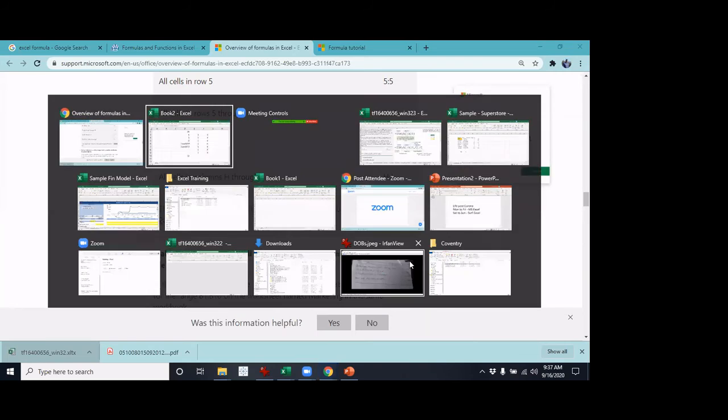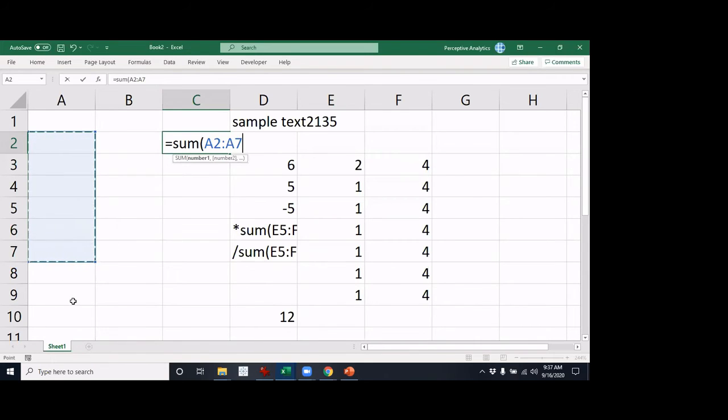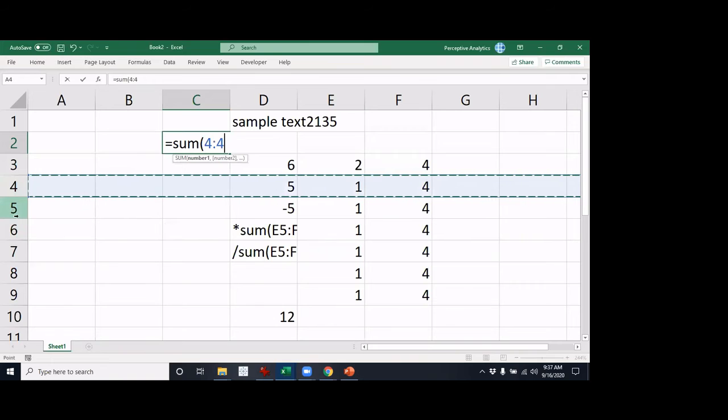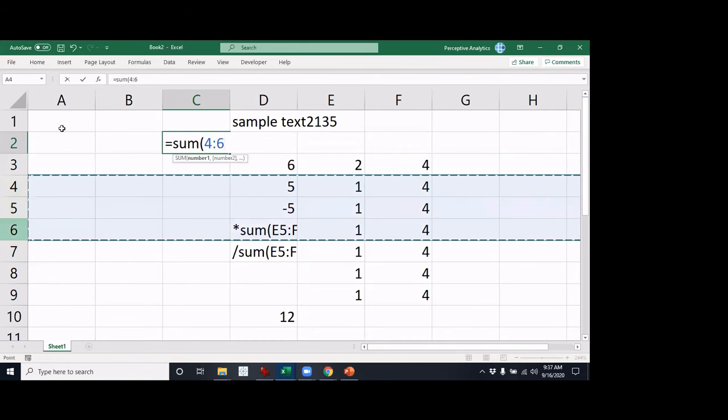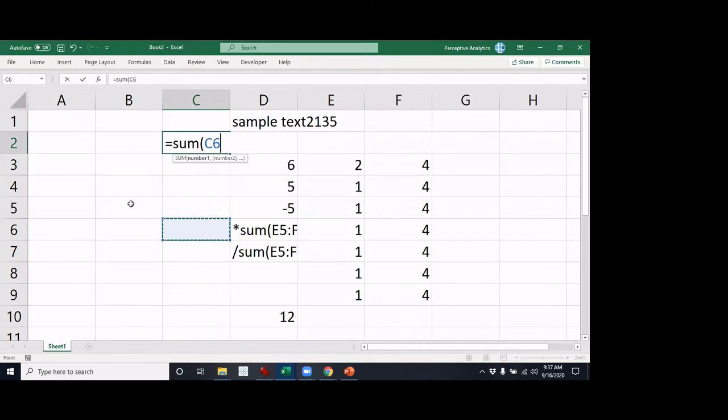I'll quickly demo this to you. Let's use the sum formula, which is a simple and easy formula. Equals sum. So we talked about, let's say, a single cell, that's clear, right? And some cells in a specific column, we discussed this, right? Some cells in a specific row, and a single row, multiple rows, a column, multiple columns, and like a rectangle.